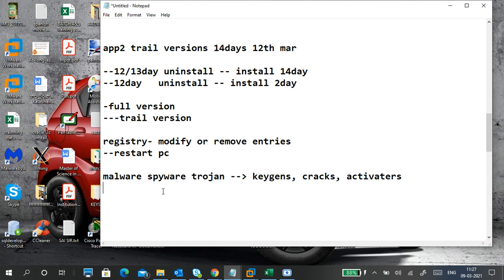So that is nothing but spyware. When you click on it, something will open. Meantime, the information, when you click it, it means auto accepting type. And it will hook it to your PC. So where will it hook? In the registry only. These malware, spyware, trojans are hooked to your registry only.